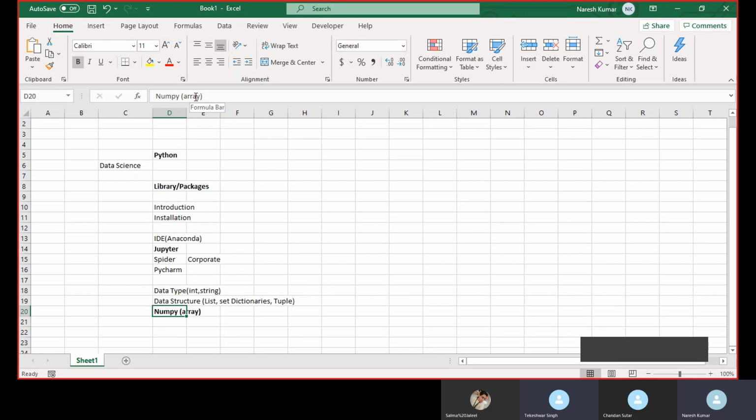Okay, so when you talk about linear regression or logistic regression, the data are passed in a matrix form. Okay, and those data are manipulated with the help of an array. Okay, so this is one of the most important packages when we will be going through algorithms and all.